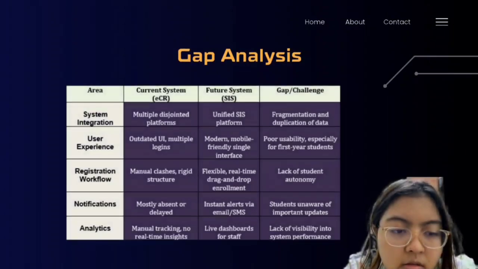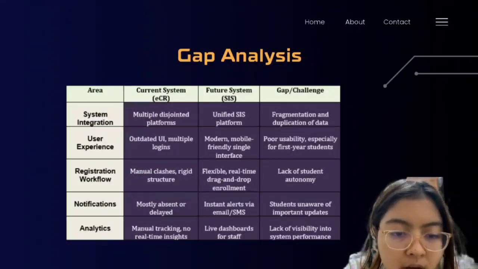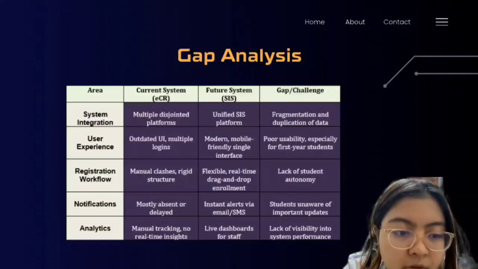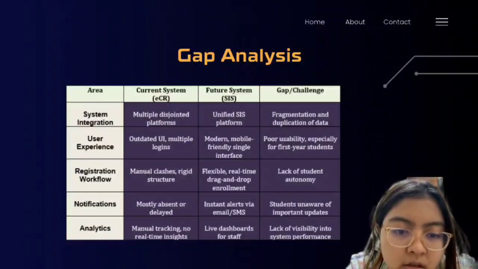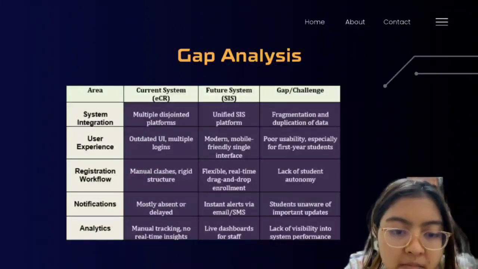Students log into a single portal or app to handle everything. This will handle the fragmentation issue, as the integrated SIS acts as a central system of records, ensuring data